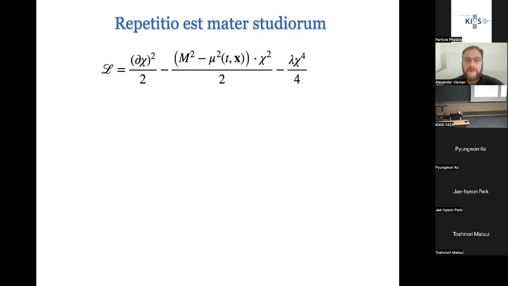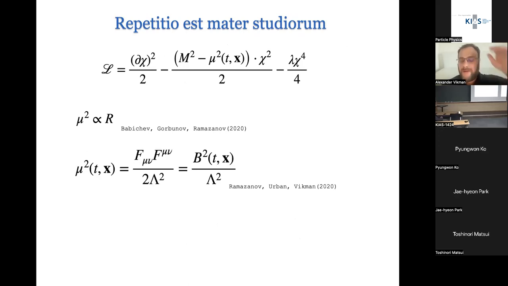Okay, so now you see, we have entertained this idea already a couple of times, and you're more than welcome to add to the list. First, these friends of mine studied mu squared to be just the Ricci scalar. So it's a kind of gravity modification, but a pretty natural one, because of course these couplings psi squared are pretty natural. Then, in collaboration with Sabir and Federica Urban, who is also in Prague, we entertained a more